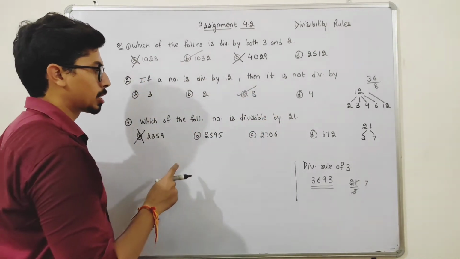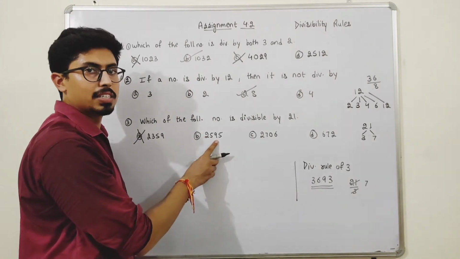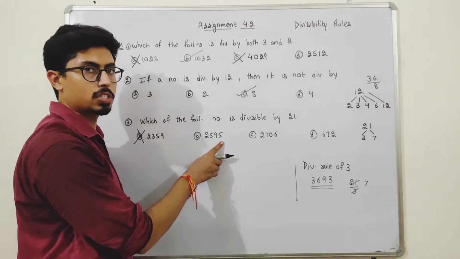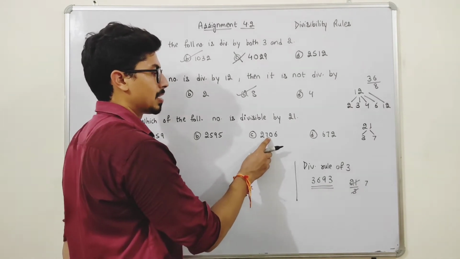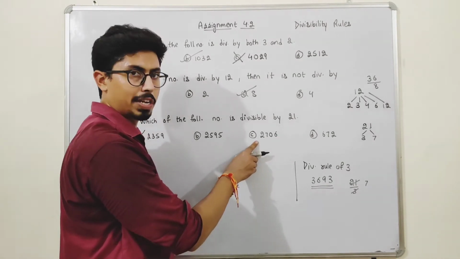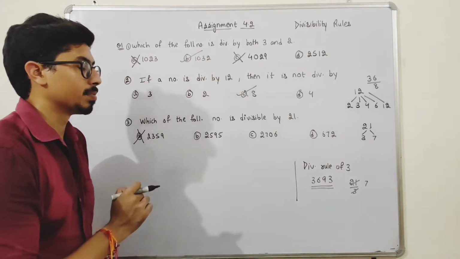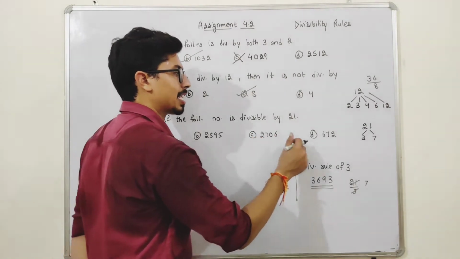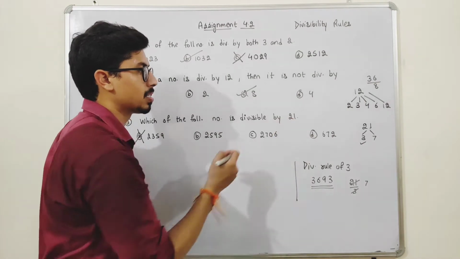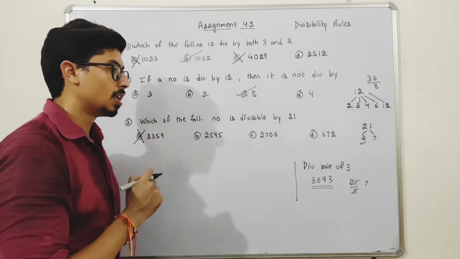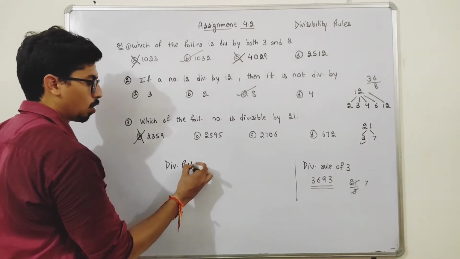Okay. Now the next number, 2 and 5 is 7, 7 and 9 is 16, 16 and 5 is 21, yes, 21 is divisible by 3. Yes, this is divisible by 3. 7 and 8 is 15, yes, this is also divisible by 3, and this number, yes, this is also divisible by 3. So these three numbers are divisible by 3. So we have to find out, among these three numbers, which number is divisible by 7? So students, just see the divisibility rule of 7.